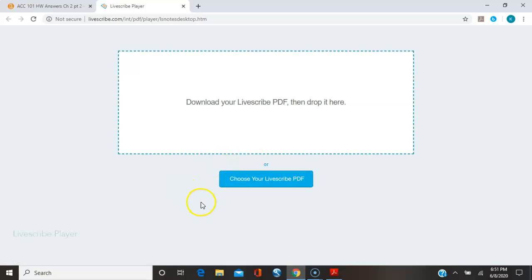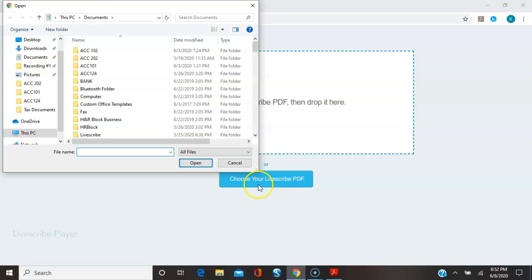And that takes you to this site right here. And you could have dropped that LiveScribe pencast right there, but I like to save mine. That way you can look at it again easier. Okay, so you would choose this button, choose your LiveScribe PDF, and I go into my documents,